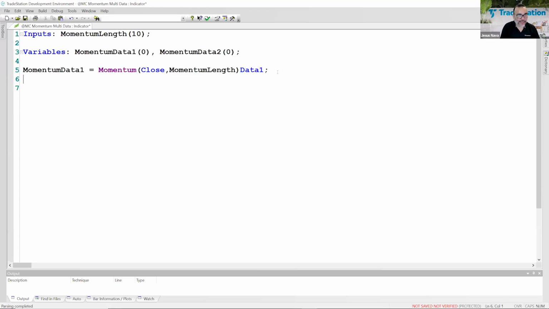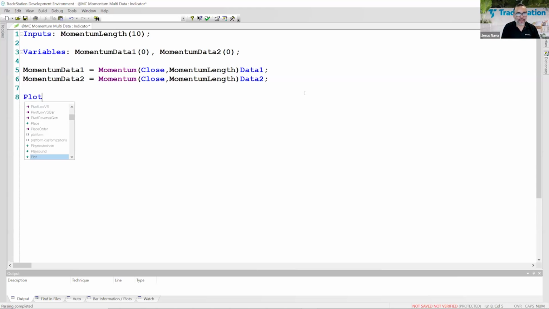Let me add another line here, and momentum of data two equals the momentum of the close. I'm going to use the same length, momentum length, but in this case, it's going to be data two. So it's exactly the same formula. One references data one, the other one references data two, and then I have those two right here in place. All I need to do is plot them. Plot one,